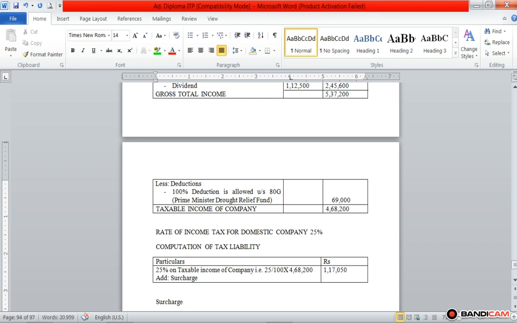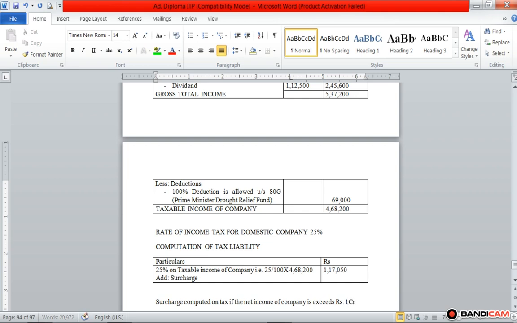The surcharge is calculated on tax if the net income of the company exceeds rupees 1 crore,